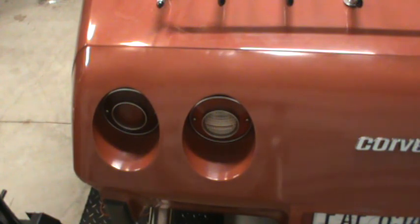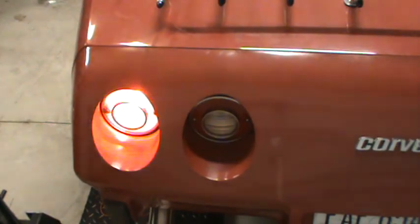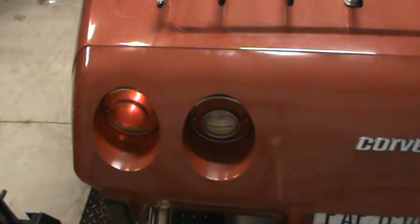So I was testing out my lights, making sure they all worked, and I found I had some issues. First, neither one of the turn signals on the back worked, and I worked on them a little bit. And by the way, this video I wasn't going to make, but I found some stuff in investigating it that is extremely interesting to me anyway, and it explains why a lot of crazy things happen when things aren't right